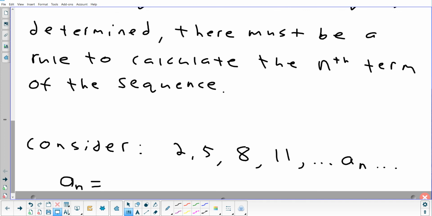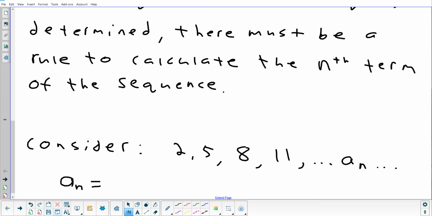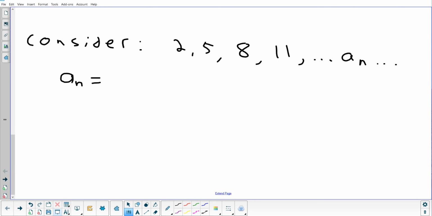All right, let's look at this one and just see if we can figure out a formula for this sequence without me really even explaining anything. First of all, it is infinite. It does go on forever. Can you describe to me in words how to get the terms in the sequence? Yep. Add 3. Can you be more specific? Add 3 to the previous number.